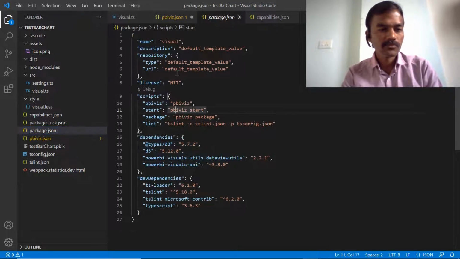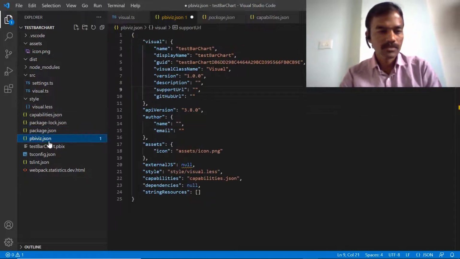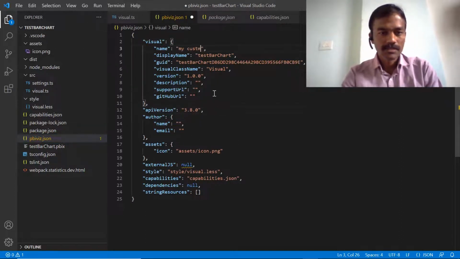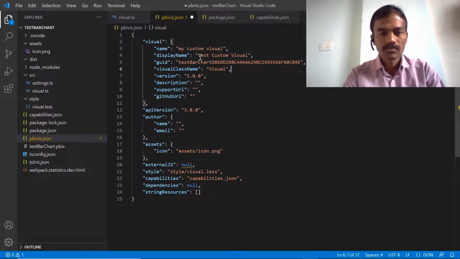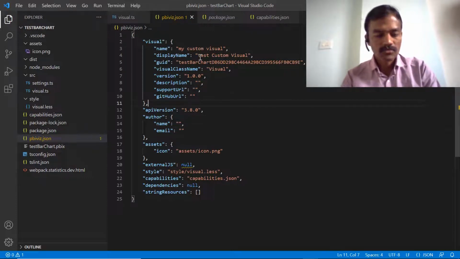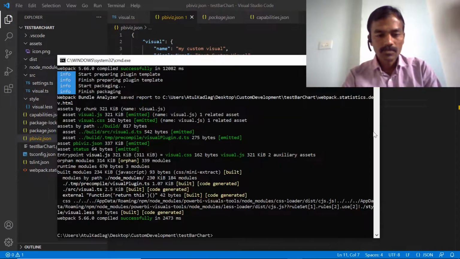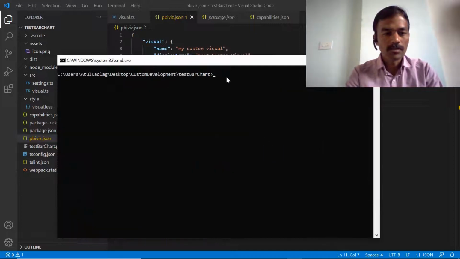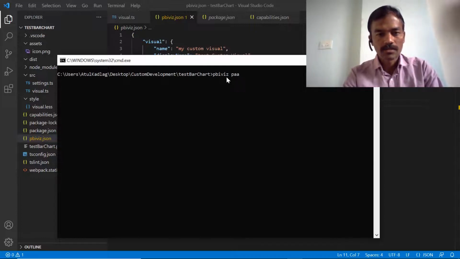Before doing that, let's try to give some values in the pbiviz.json file which is here. Say my custom visual display name may be test custom visual. Let's just save this. Coming to the command prompt here, you can see I'm in the project directory, and I will just type pbiviz and then package,